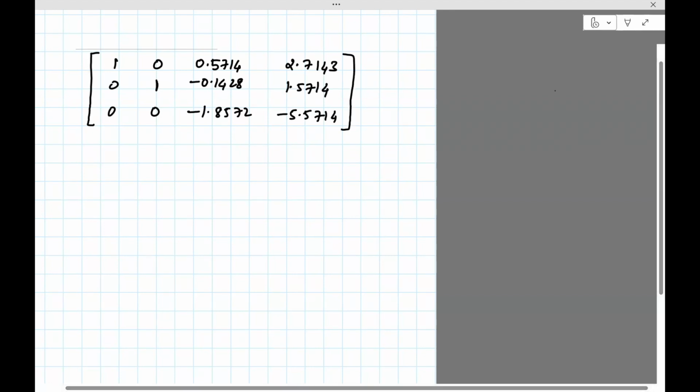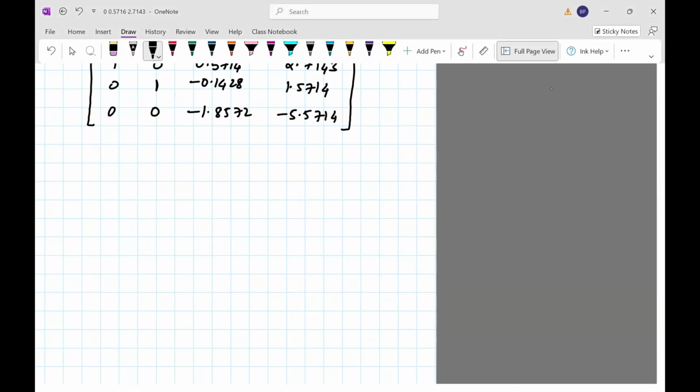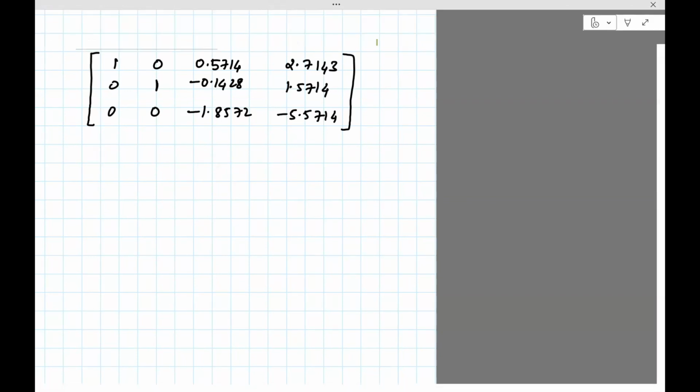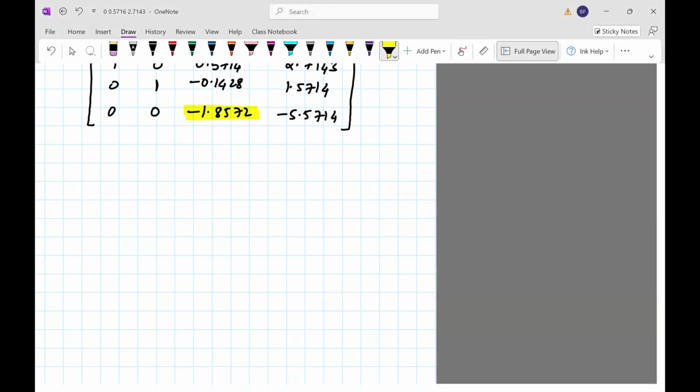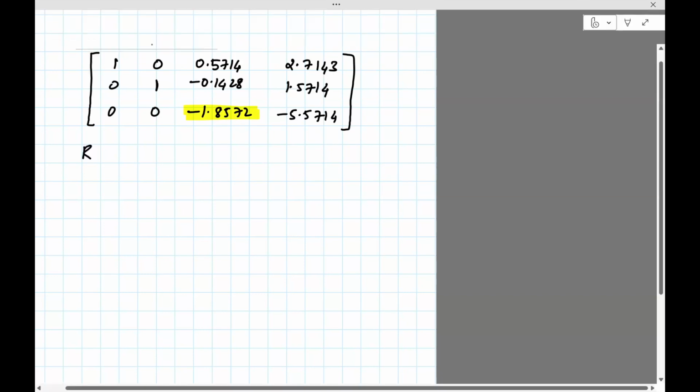Okay, so the next step is to create a 1 in row 3, column 3. So I don't want 1.8572. So what I'll do here is take row 3 and divide it by the pivot 1.8572. So when I do that, I get